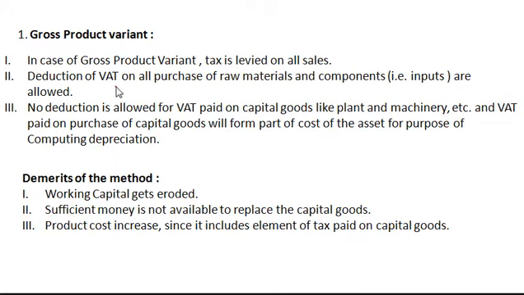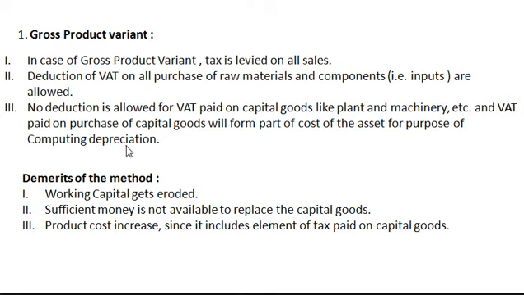Deduction of VAT on all purchase of raw materials and components, normally we call it as inputs, are allowed in gross product variant. No deduction is allowed for VAT paid on purchase of capital goods like plant and machinery, and VAT paid on purchase of capital goods will form part of cost of the asset for purpose of computing